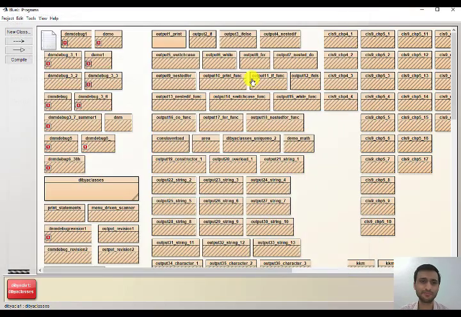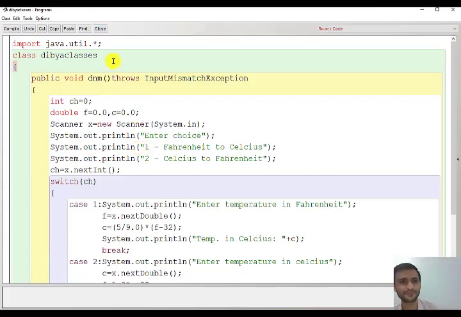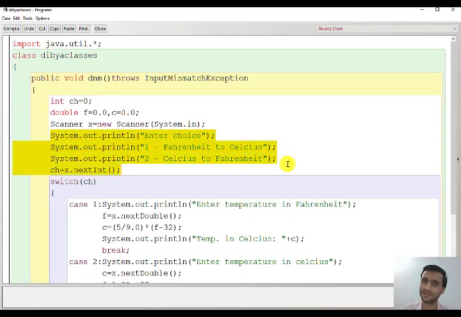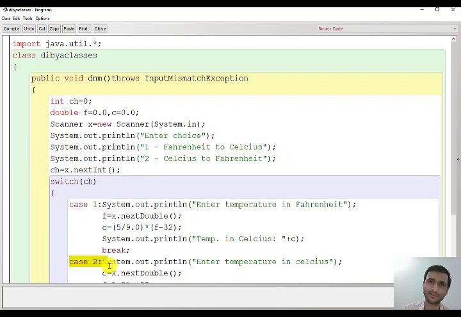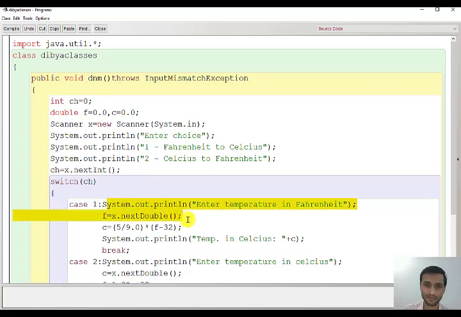Clear? Very simple program. So what I did? First I ask the user for his choice. After getting the choice, I use switch case. That is, which case should I do? Should I do case 1? Should I do case 2? That is, if you want to do Fahrenheit to Celsius or Celsius to Fahrenheit. If the case is 1, I am asking the user for the temperature in Fahrenheit, calculating the Celsius temperature and printing it.